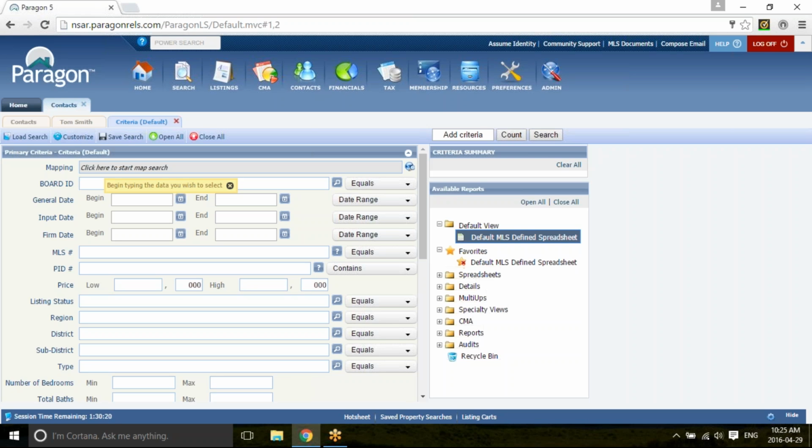But here's the catch. Whenever we're sending listings to our clients, we have this tendency to edit the content. And what I mean by that is when you're going through Paragon and you're searching for properties and they've given you a limited amount of criteria and all of a sudden you come up with 35, 45 listings, we think to ourselves, oh my gosh, I can't send